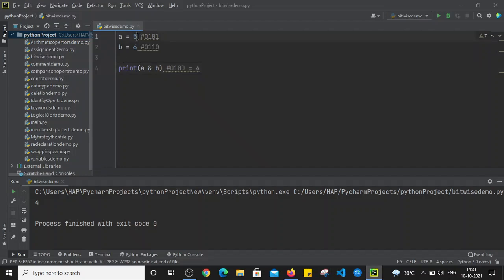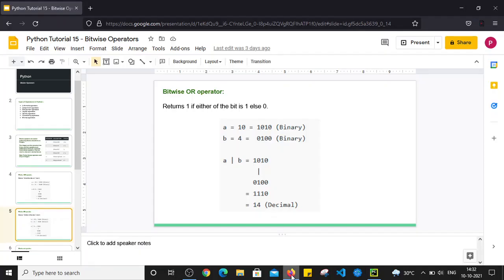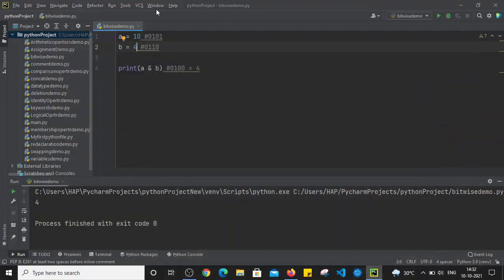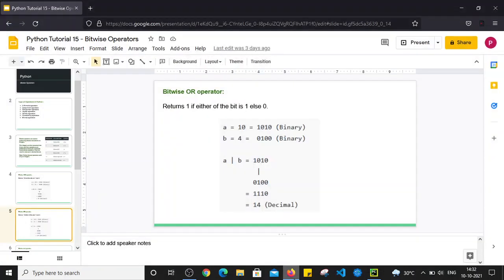Now here let's say A equals 10 and B equals 4. So A holds the value of 10 and B holds the value of 4. In binary, 10 is represented as 1010 and 4 is represented as 0100.